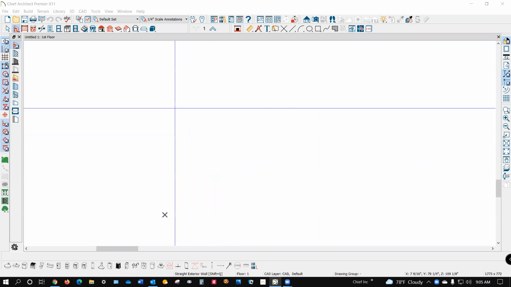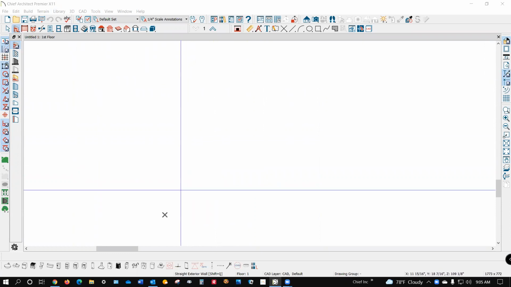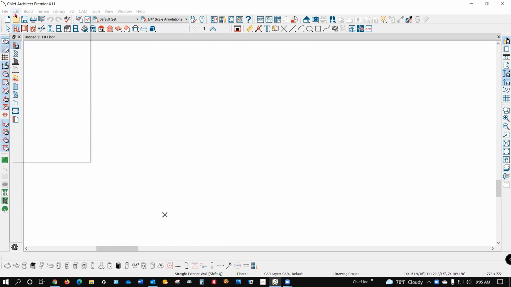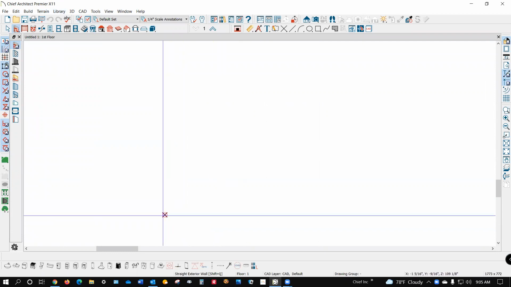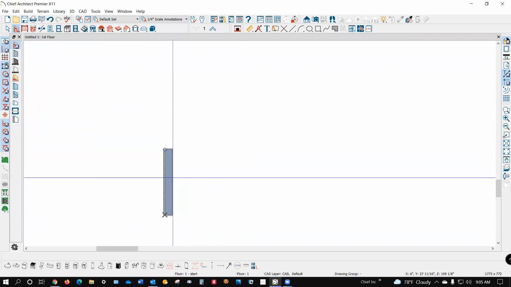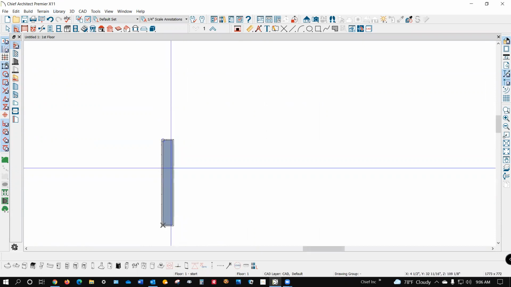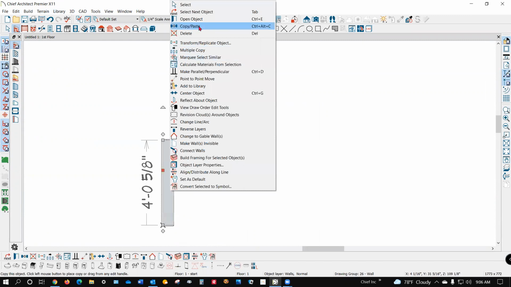I've got my copy of X11 open. It's just a blank new plan. It's going to draw a wall. This is the current default. It's siding 6. I'm going to open that wall,